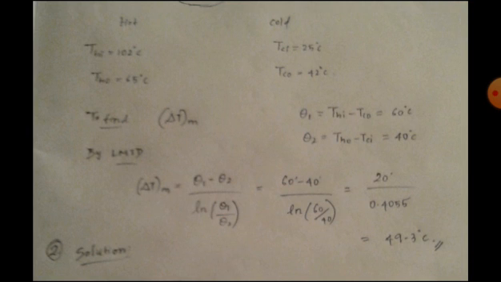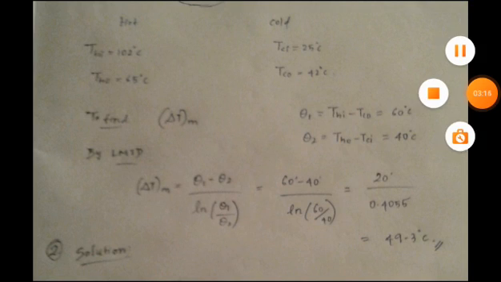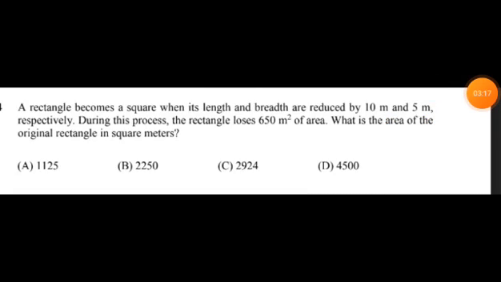Here in the question it is mentioned correct to one decimal. You have to read every question carefully, because that may vary. In this question they said correct to one decimal, that's why I have found the answer as 49.3, corrected to one decimal. Okay, this is the first question of task 6.